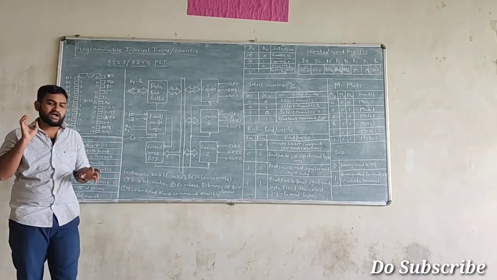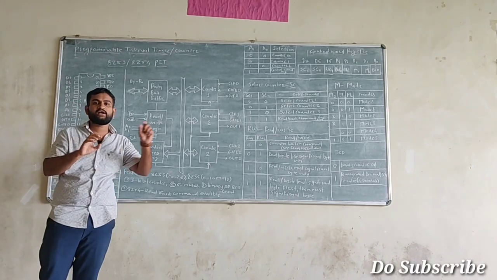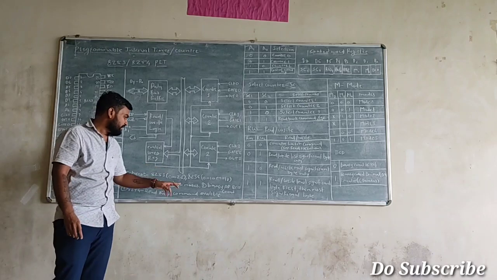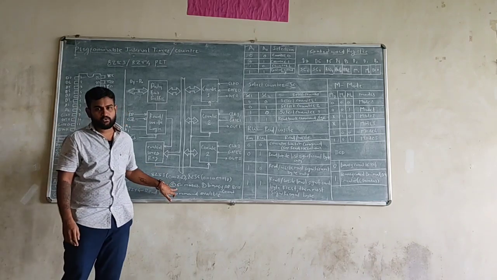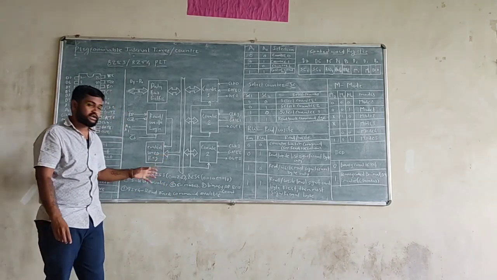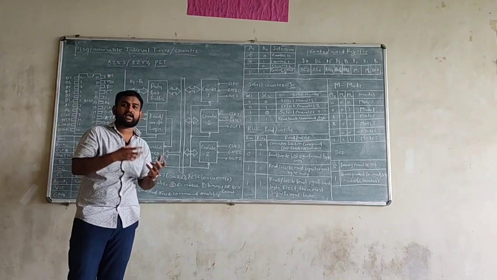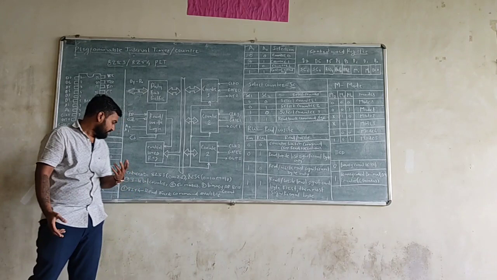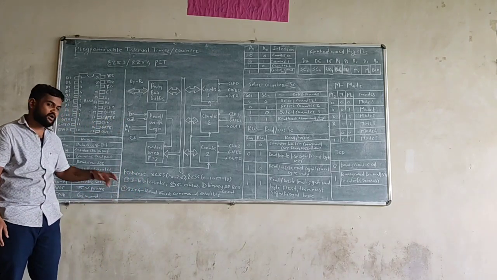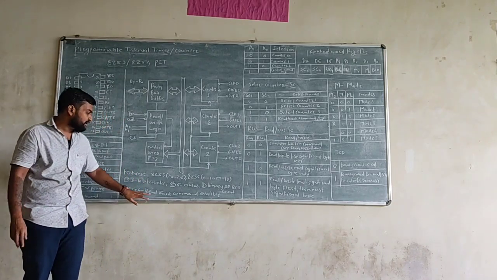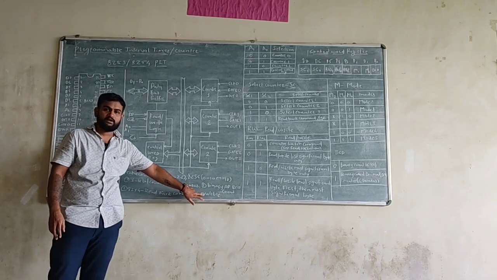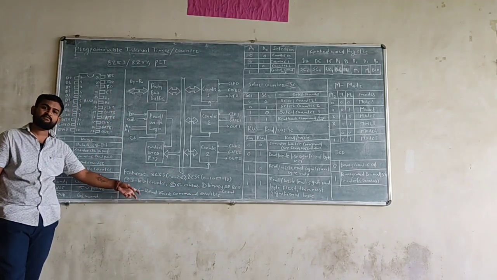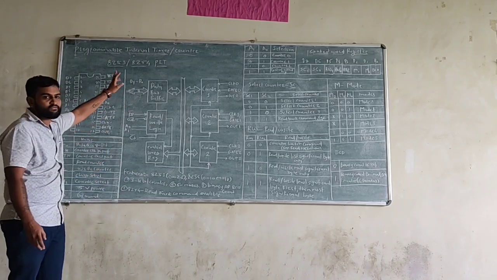So it is going to start the counting from a high value and end the count at 0. That is the meaning of a down counter. Then it has 6 different modes, and this timer and counter IC is capable of counting binary and BCD counts. Then 8254 also has one feature there, the read back command. The read back command feature is available with your 8254 IC, which is not available in 8253.